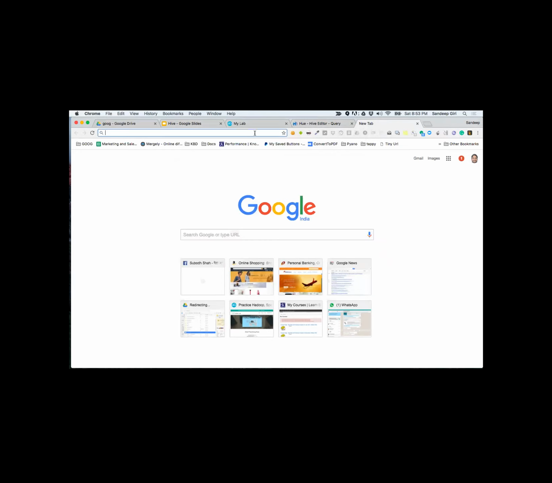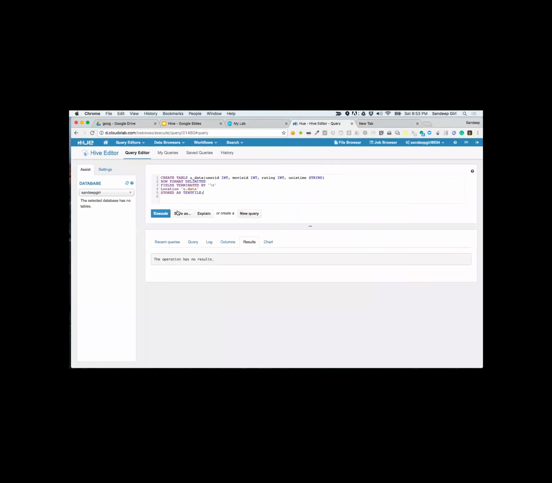What error are you getting while creating the database? It would have been created once you click on execute. You just have to click on refresh. It should appear there.